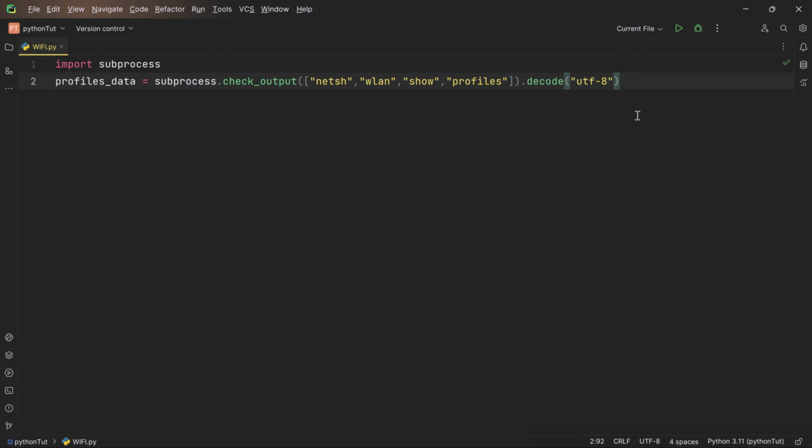And finally, we insert .split. Once the output is decoded, it is split into lines using the newline character \n. This operation creates a list where each element represents a line of the output. After this line of code executes,